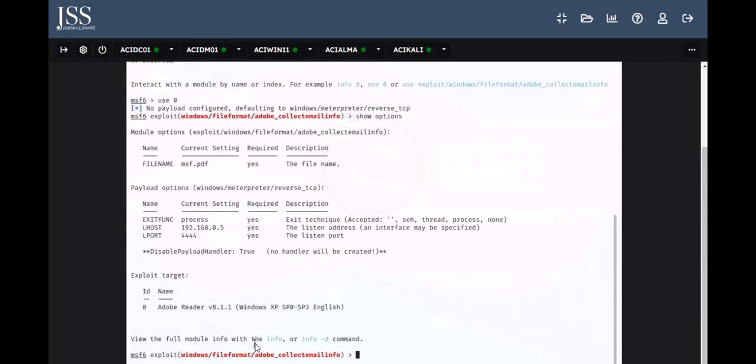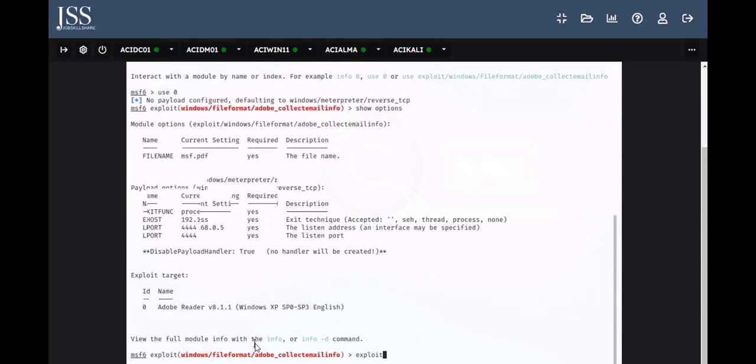And we have options LHOST, which is our local host. Then we have to set LPORT and the exit function. So the options are used to customize the exploit for the attack machine being used. This exploit will be used to enable the observation of indicators of attack. For this reason, the full exploit process will not be demonstrated. So default options are accepted and just type exploit